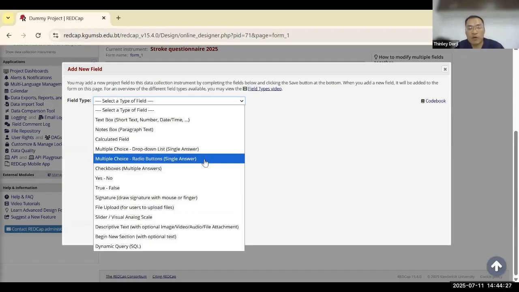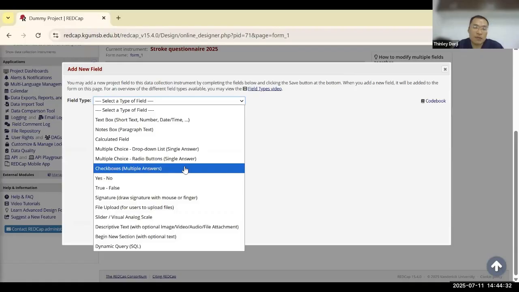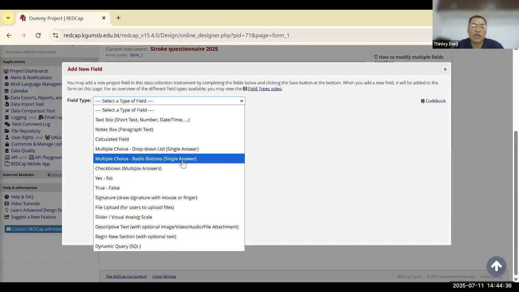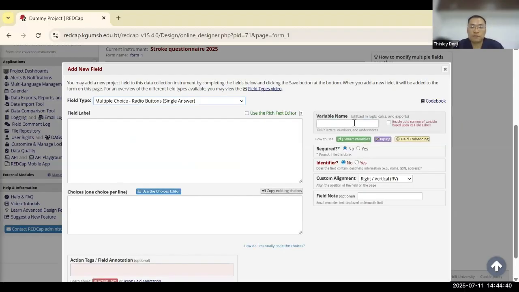Or there are options where all the options are being shown at once, but you can select only a single answer. If you can select multiple answers, then you have to select the check boxes. So right now we want sex as male or female option. Here,